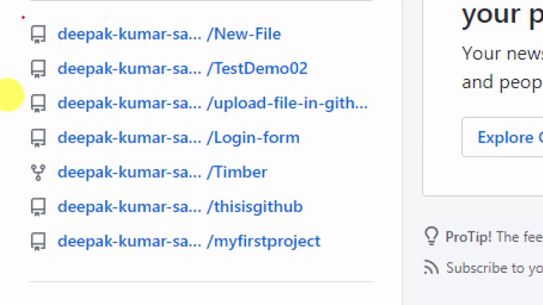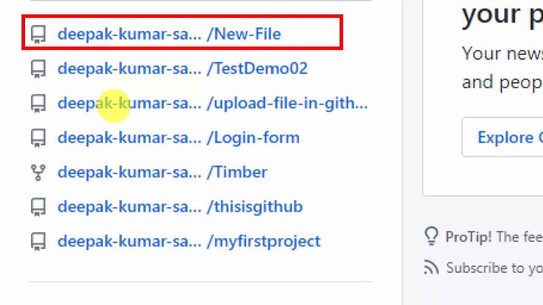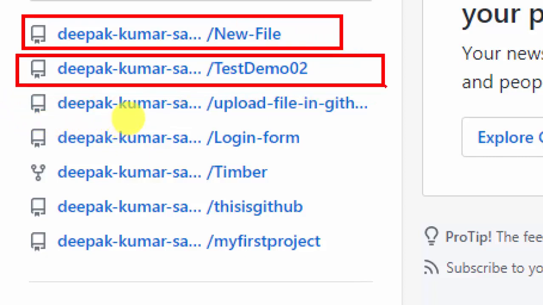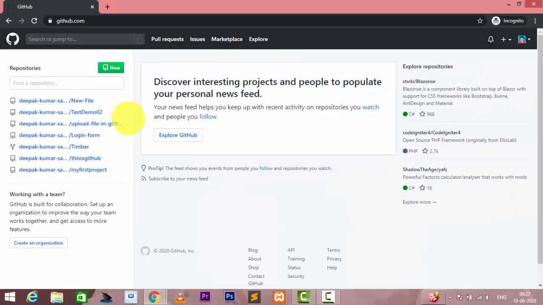This is one repository, and this is another repository. If you want to create a repository, you can click here to create a new repository.